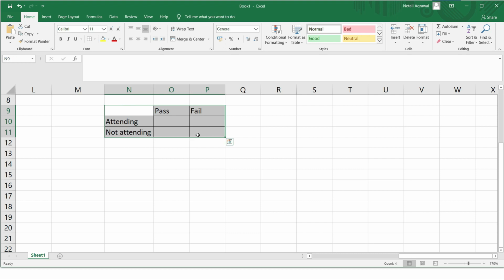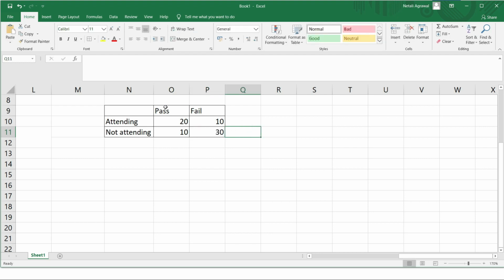The observations should be in tabular format. It could be any grid. Generally people explain with a 2 by 2 grid because that is easy to explain, but it could be 3 by 3, 4 by 3, 8 by 10, whatever the size, but it should be with categorical variables only. So say I fill in some observations. 20 students have passed who are attending the class and 10 students fail who are attending the class. There are 10 students who pass who are not attending the class, and 30 students fail who are not attending the class.